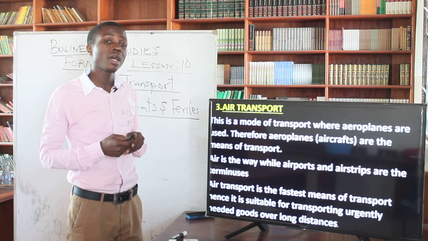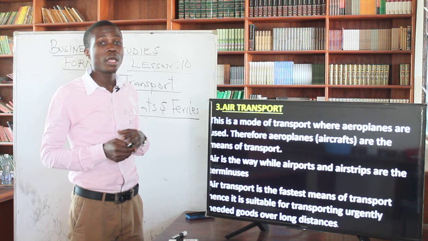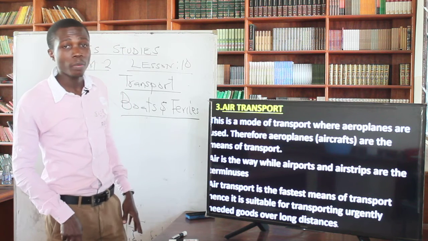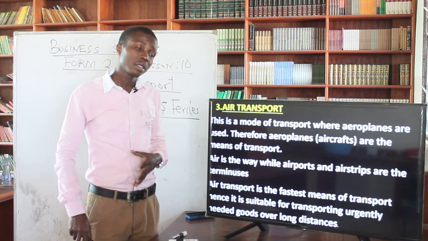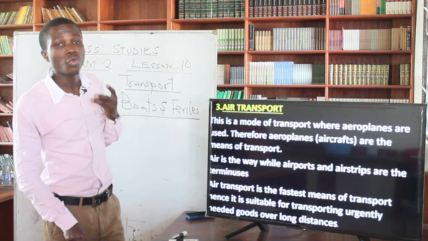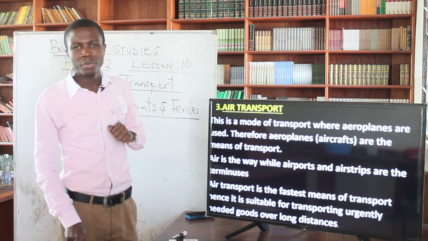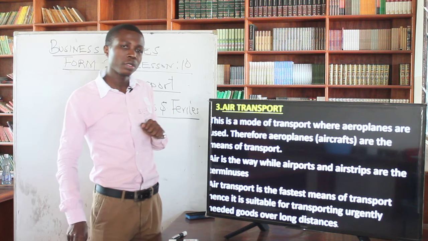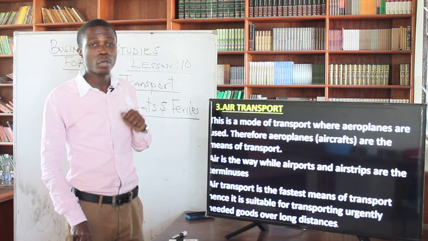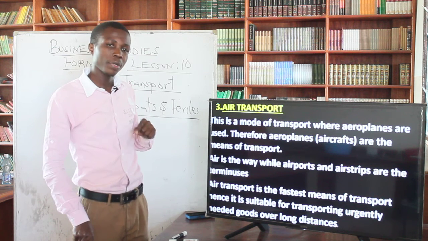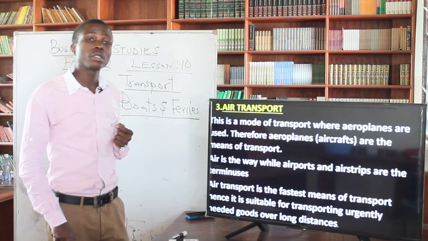Understand what the terminals are. These are essential elements that are required for the transport to take place. Apart from terminals, we also have the ways, the unit of carriage, and the method of propulsion. I hope you can remember that from the previous lesson when we were introducing this topic, so let's not get confused.